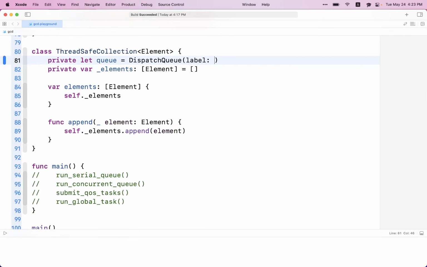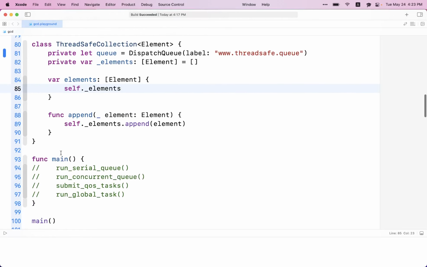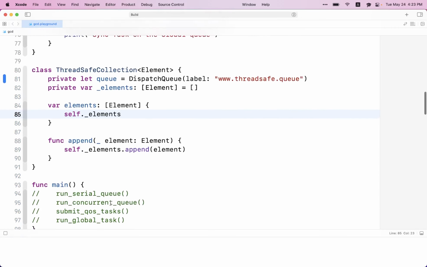Should be label. Maybe say thread save here. You can get whatever name you want. Okay. Actually, let me take a look at why the